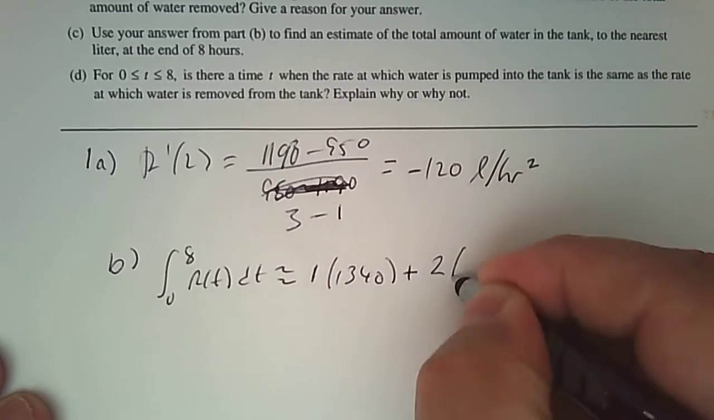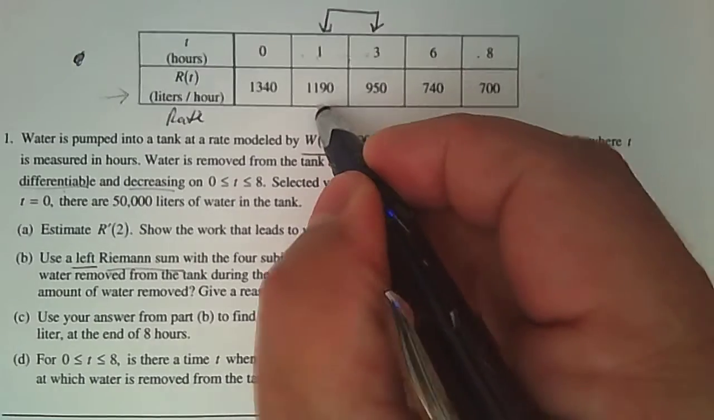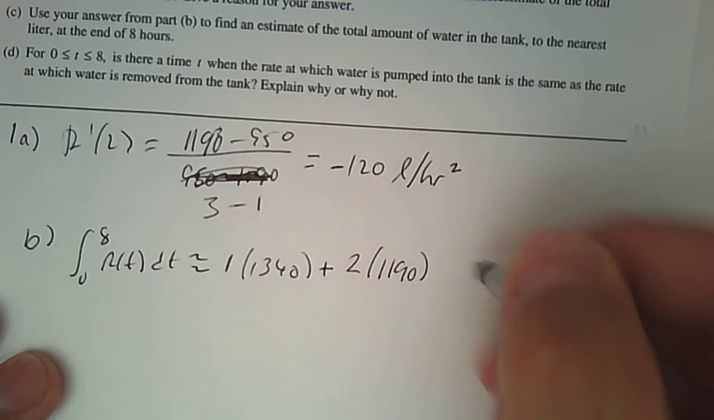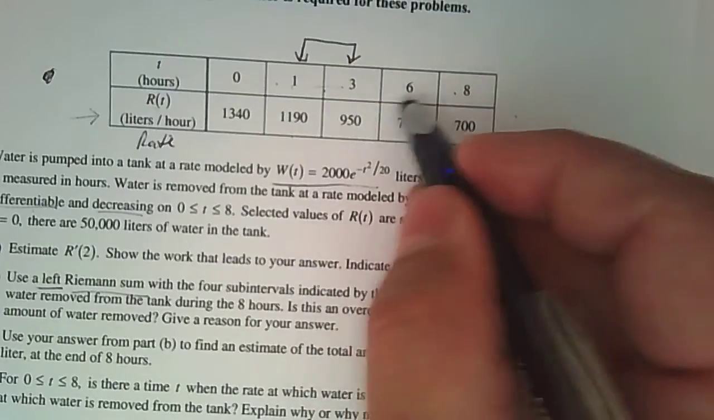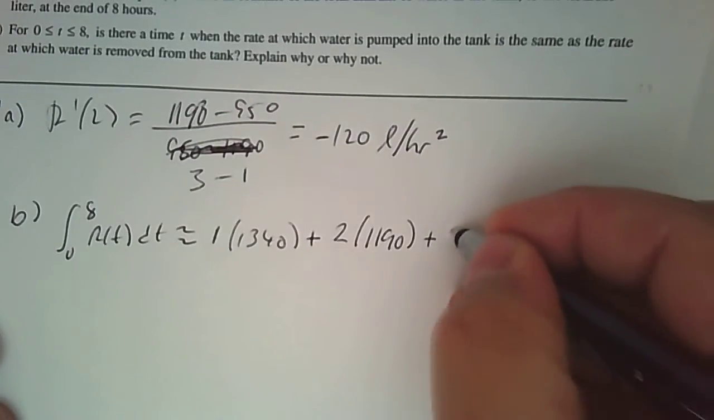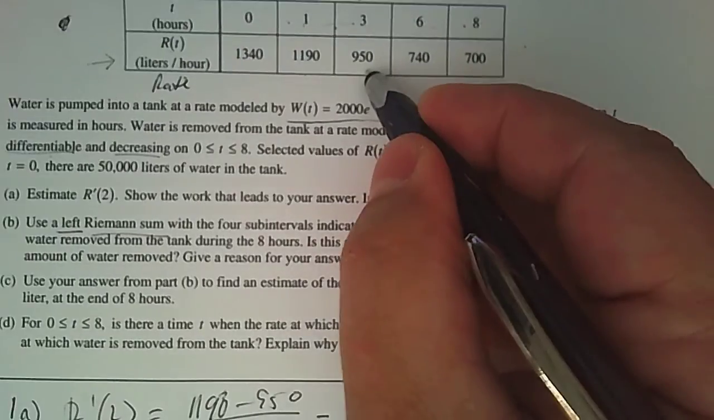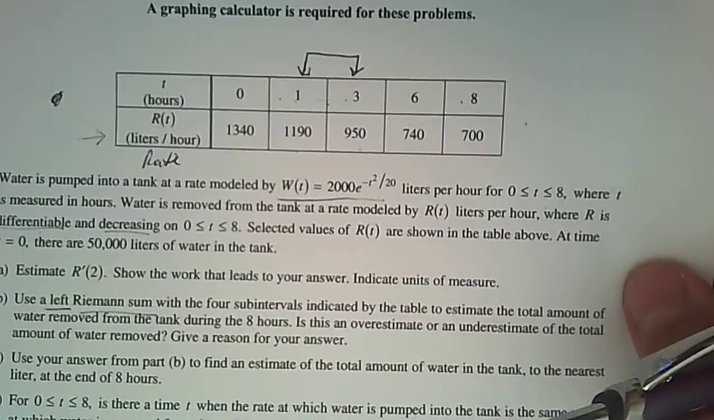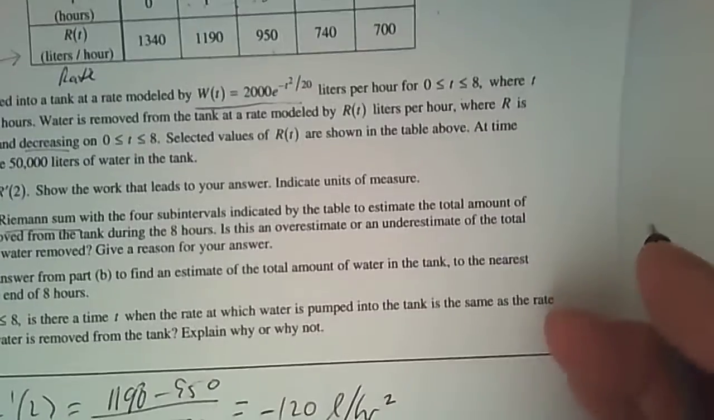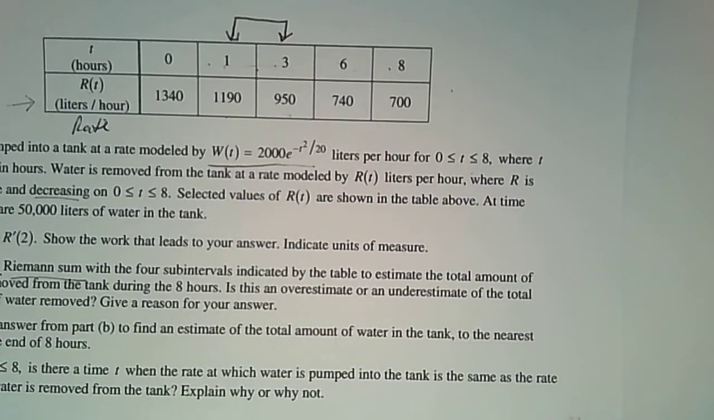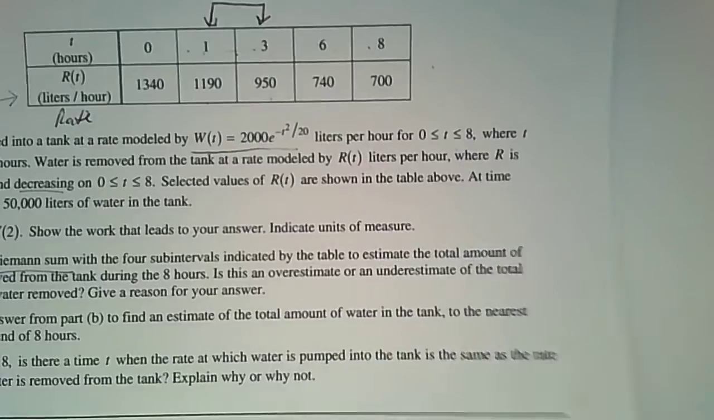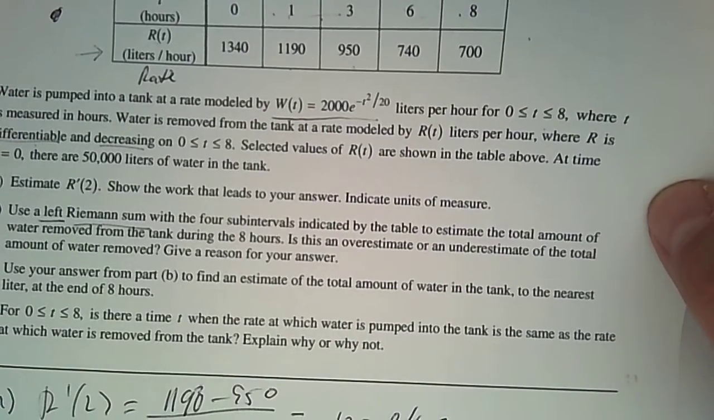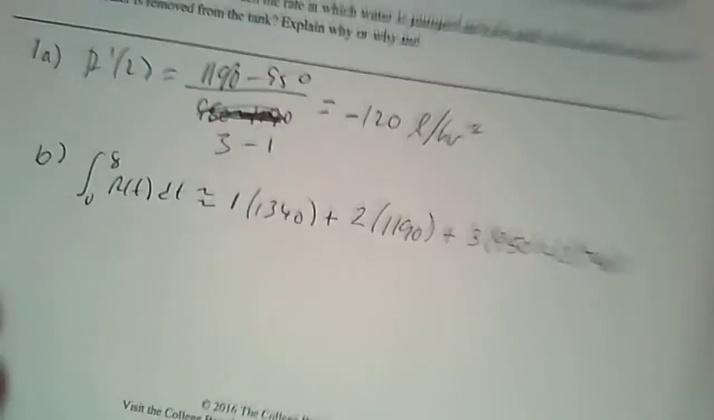The next width is 2. Notice 3 take away 1. And then again, left Riemann sum, 1190. Next, 3 to 6 is 3, and the left Riemann sum is using 950. And then the last one's from 6 to 8. Well, that width is 2, and again, a left Riemann sum, you'd use 740. So always using the left values for the height of the rectangle. I don't have to simplify that. If I did simplify it, it would be